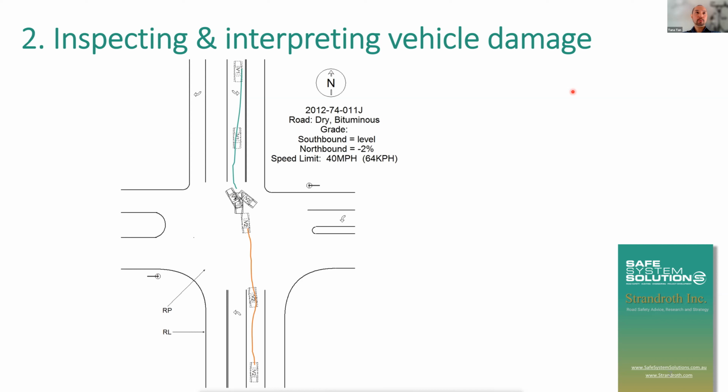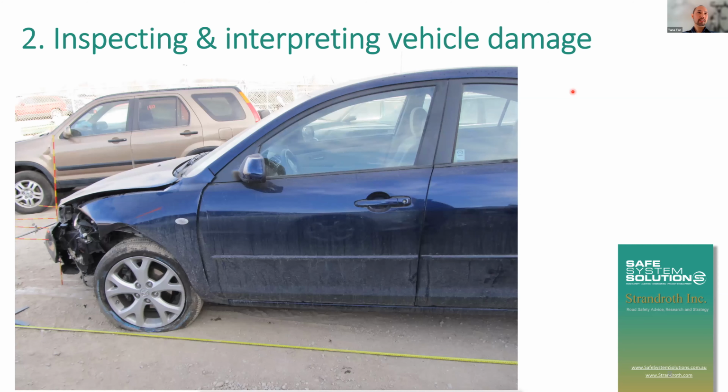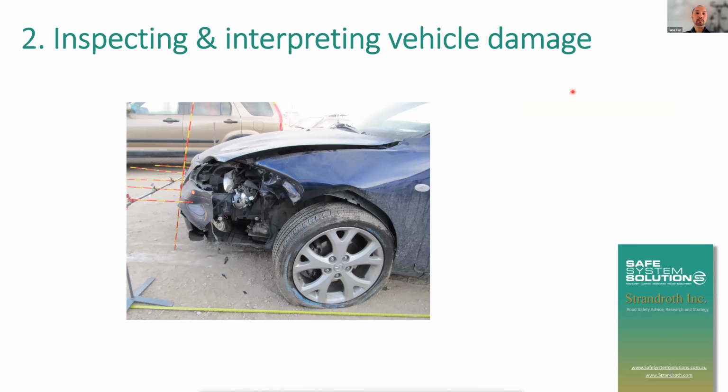So that's a background to what had happened in this crash, and let's have a look at the resultant damage to the vehicles. So this is vehicle 1 here. And as we can see, I've highlighted in the red circle where the damage occurred, the front left-hand side of the vehicle. I'll take you through another shot of this from a slightly